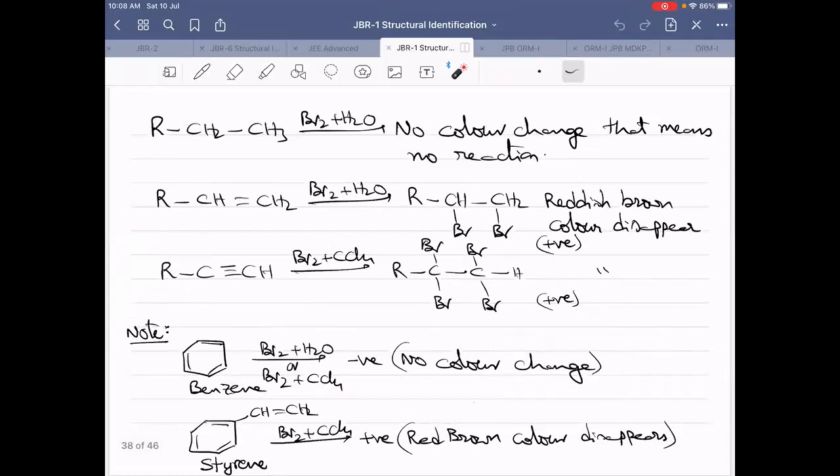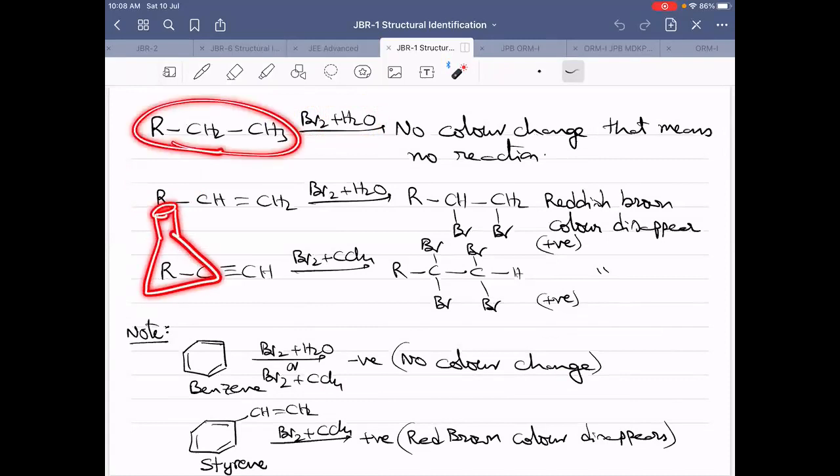So now going to reactions. If you take a saturated hydrocarbon, an alkane, it does not have any unsaturation. Therefore, whatever the reddish brown color of bromine is, when this is added, see, it is a simple point. You will take a conical flask. In the conical flask, you will take the organic compound.